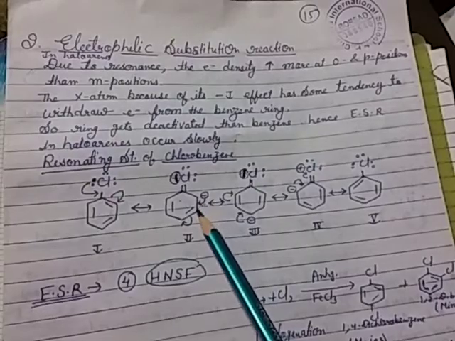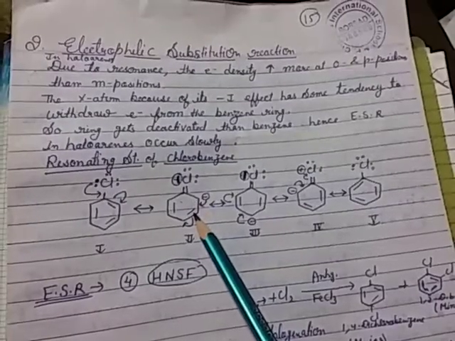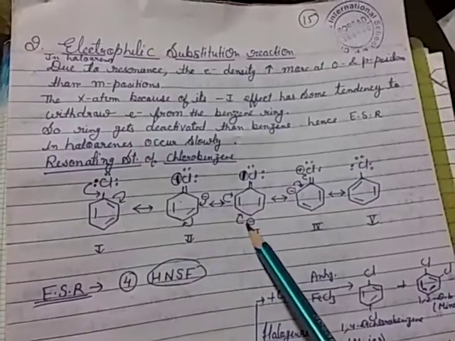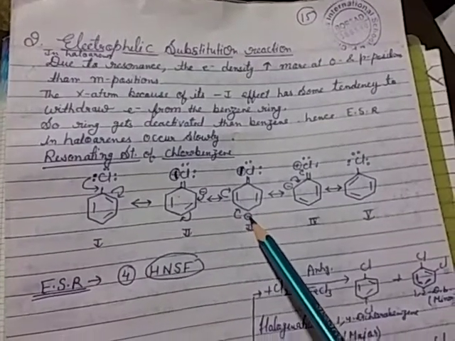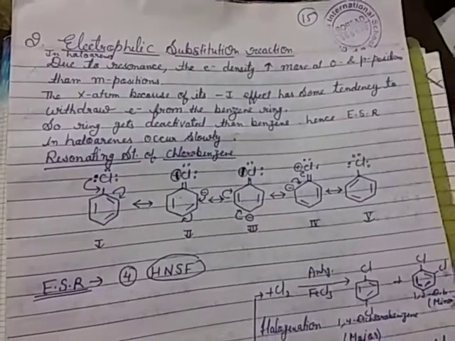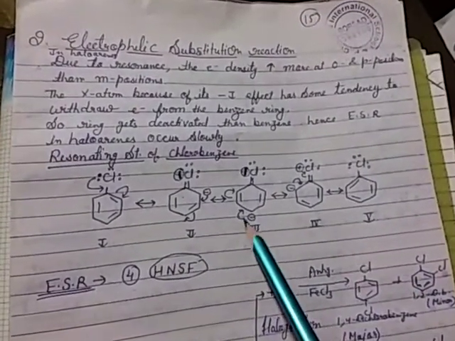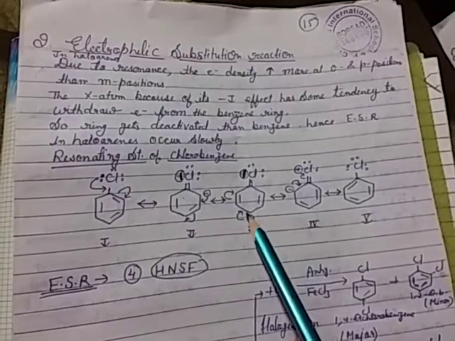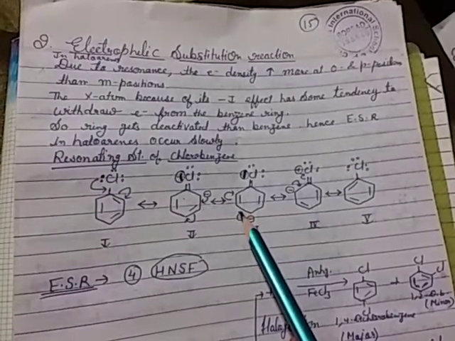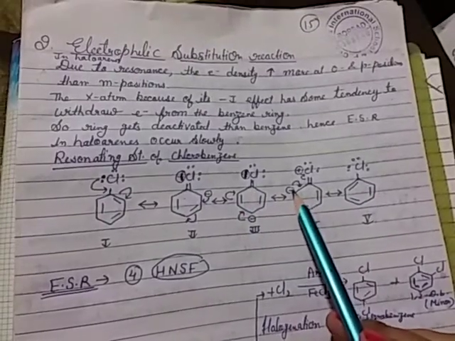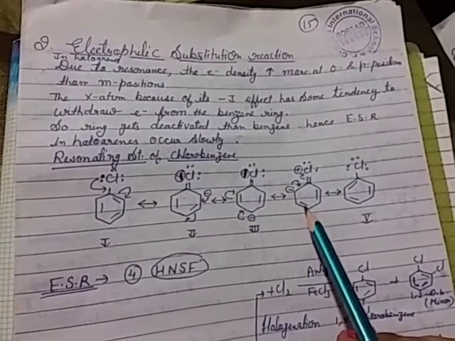So this is forward, but before making the new bond, first the double bond transfers to the para position. So a negative charge appears on para, and here a new bond is formed. Then this negative charge forms a new double bond, but before making the bond, the next double bond transfers to ortho. So here a negative charge appears and on the backside a new bond is formed.